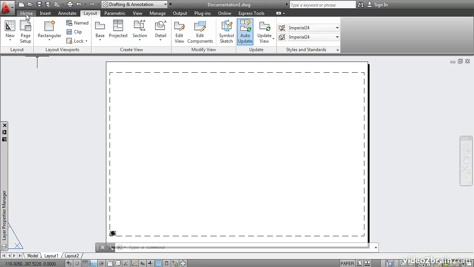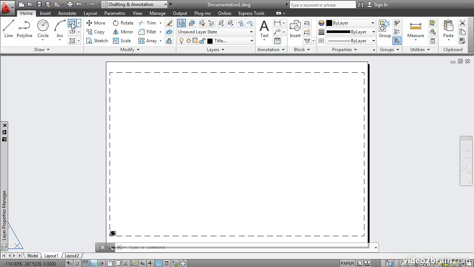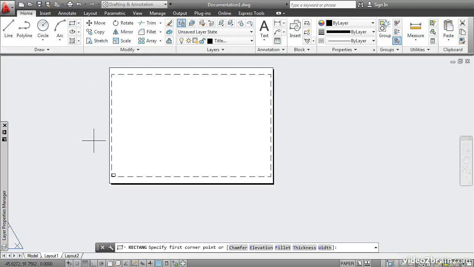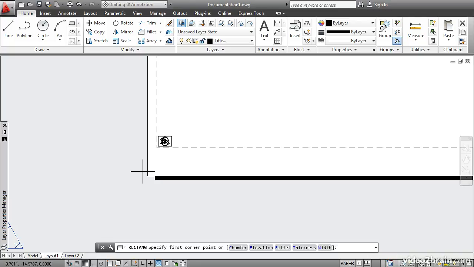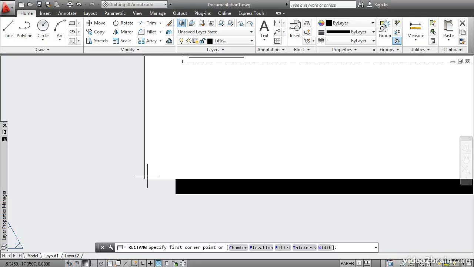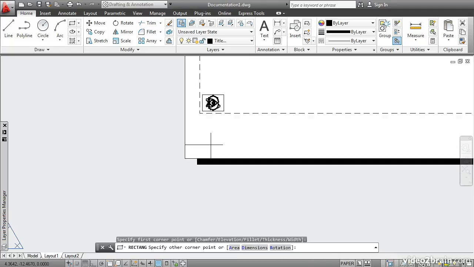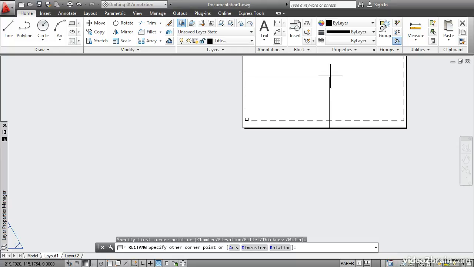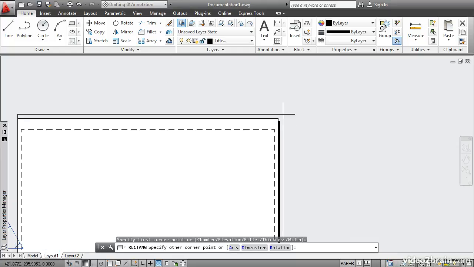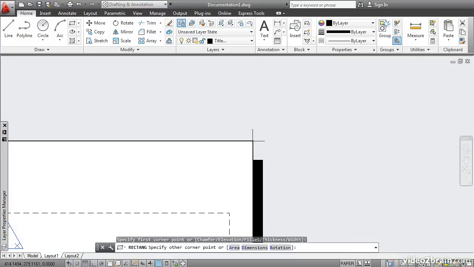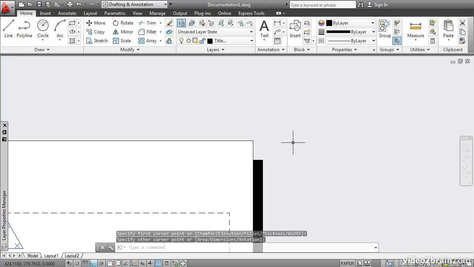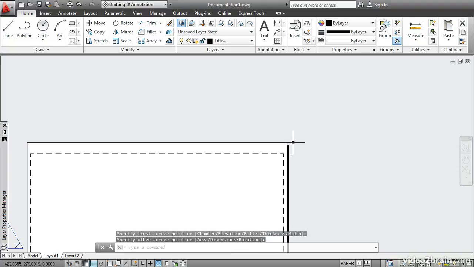Switch to the Home tab and draw a rectangle. You can draw it as close as you can eyeball or estimate to the corner of the sheet. You can't actually snap to that edge. I'll just zoom back out, pan, and zoom in over here and draw this right to this corner. OK. I'll zoom back out